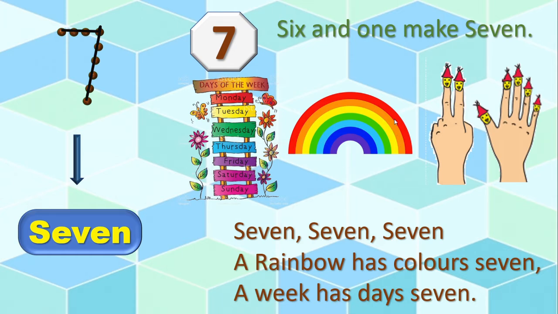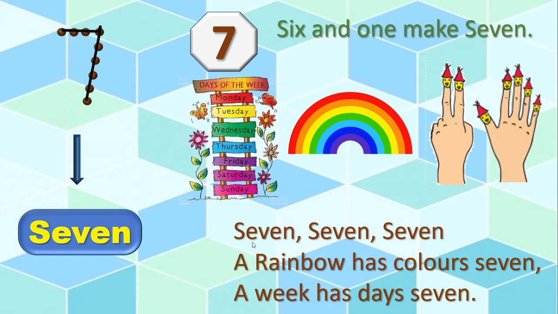See dear children, this is rainbow. Right? How many colors it has? See here. 1, 2, 3, 4, 5, 6, 7. Right? 7 colors the rainbow has. Right? Like that only. How many days are there in the week? See, this is Monday, Tuesday, Wednesday, Thursday, Friday, Saturday and Sunday. Means here also we have 7 days.